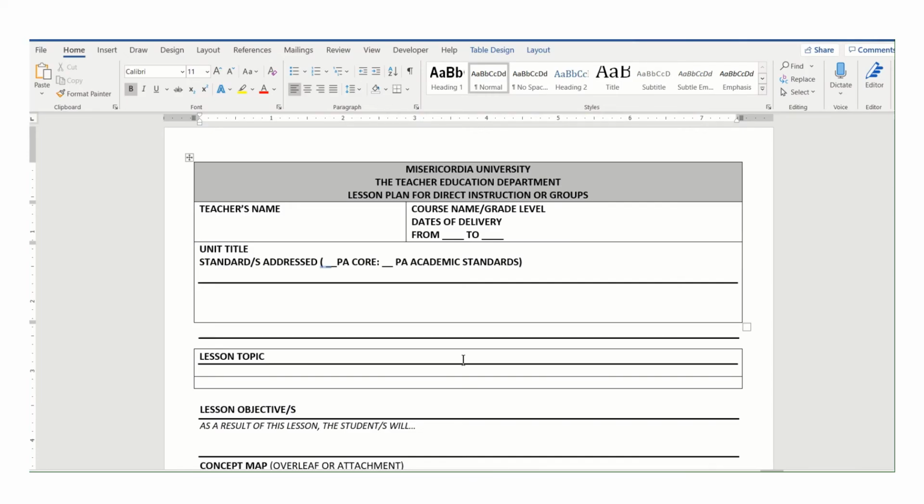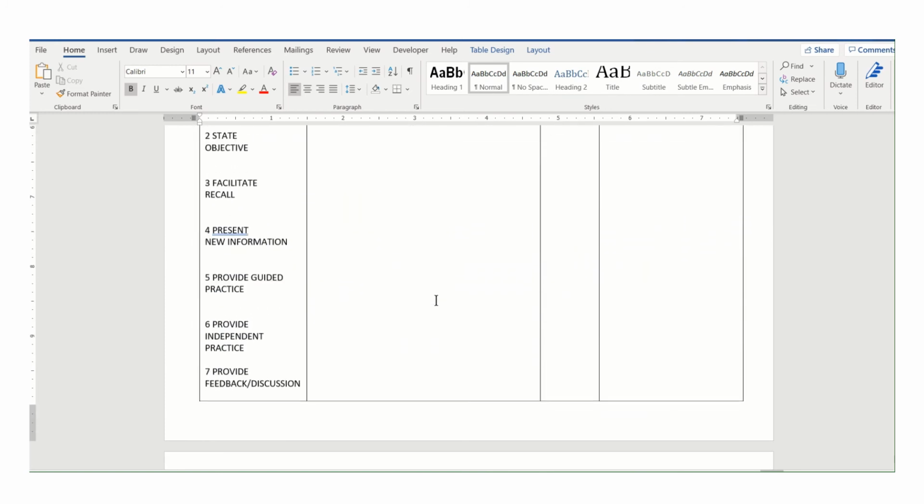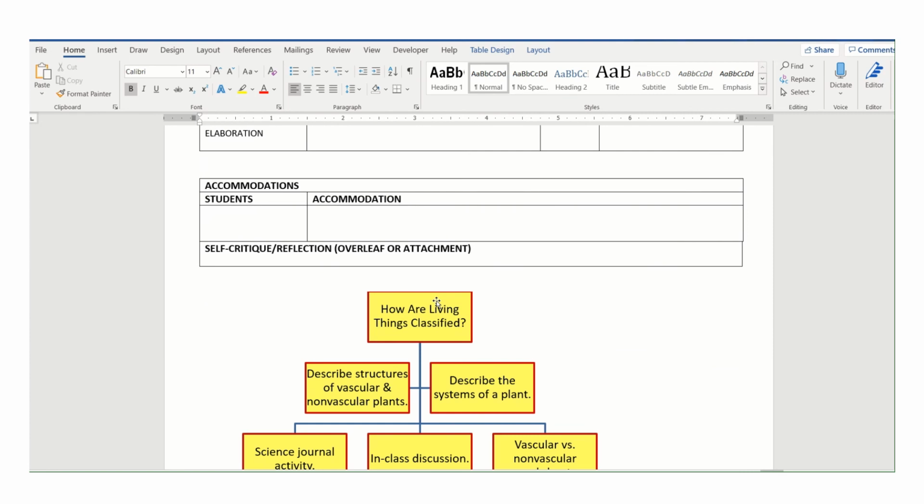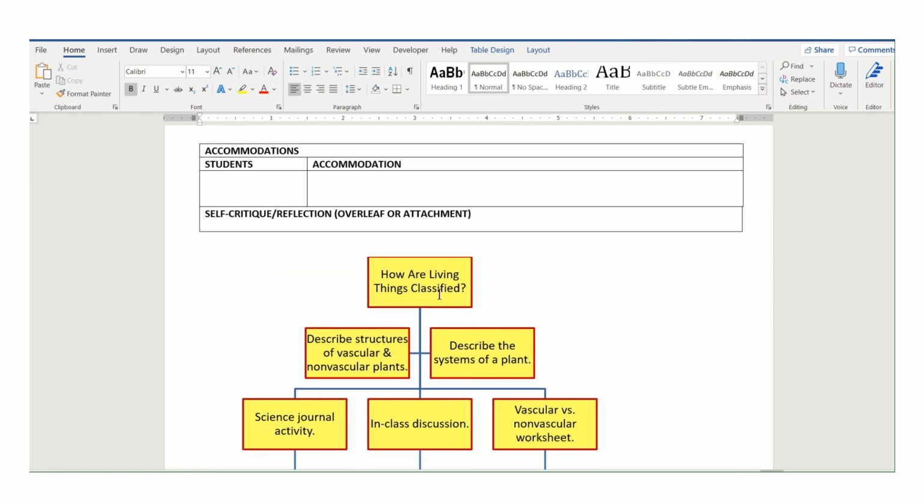And what you'll find is the template for the Misericordia lesson plan. And in different classes, you'll learn how to complete this lesson plan, which is a planning document, a working document for teachers as we plan to teach our lessons. One of the pieces that we're asked to do by our faculty is to do this